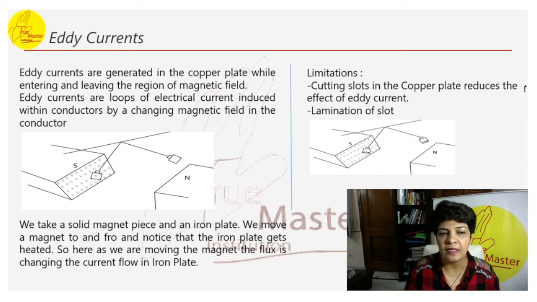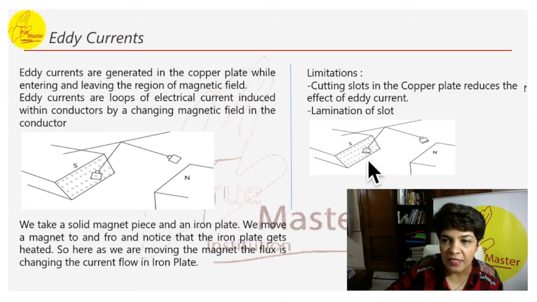The directions of the eddy current are opposite when the plate swings into the region between the poles and when it swings out of the region. Eddy current produces heat. We can reduce eddy currents by cutting slots in the copper plates or by laminating them. If you see carefully, we have cut these slots. This is going to reduce the eddy current heat. The eddy current produces heat, and it can be reduced by cutting the copper plates in this form.